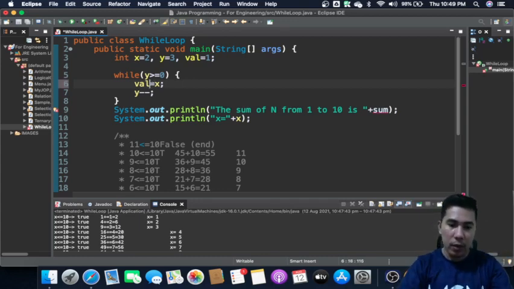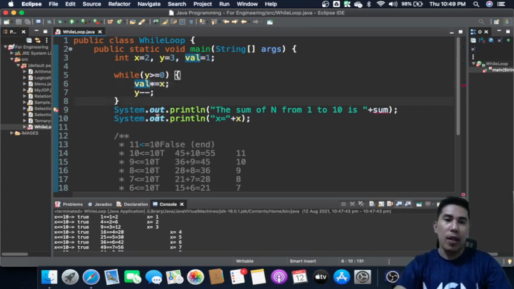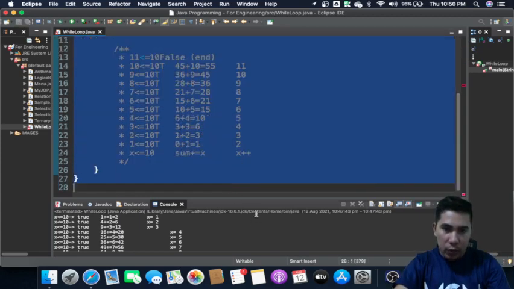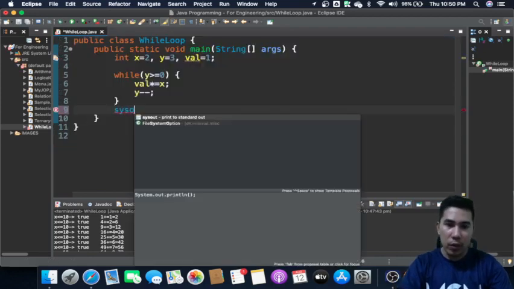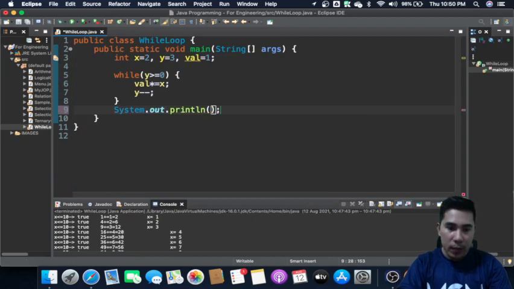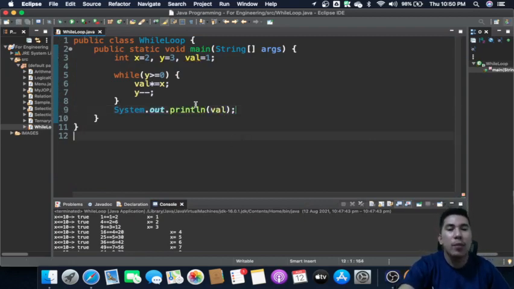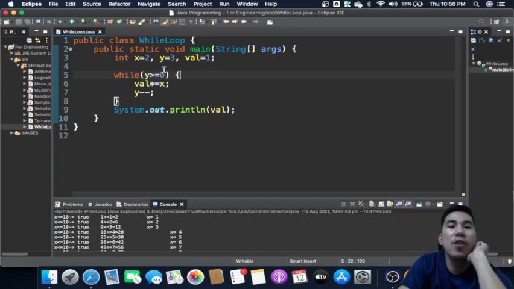I know it's going to be this one. So before we are going to display it, so i-display na tong val, but before we are going to run this one, let's read our program. So you have the initial, you have here 3. So in this case, it's going to be decrement now. So it's going to start with y, which is 3, up to 0, decrementing.